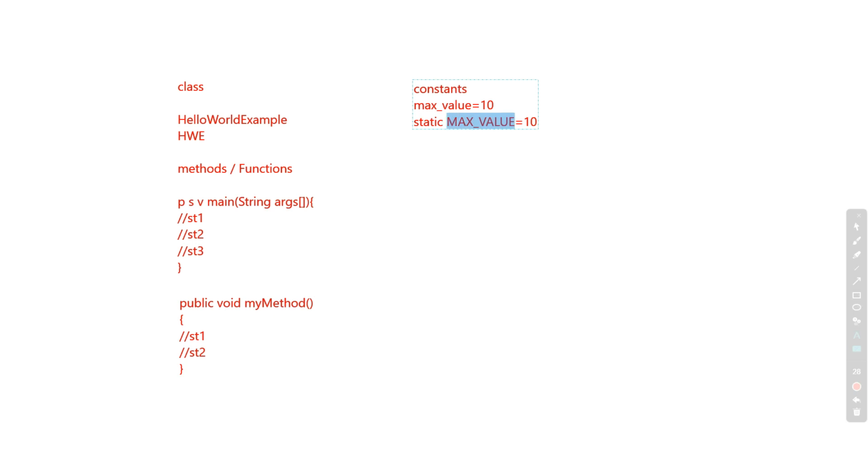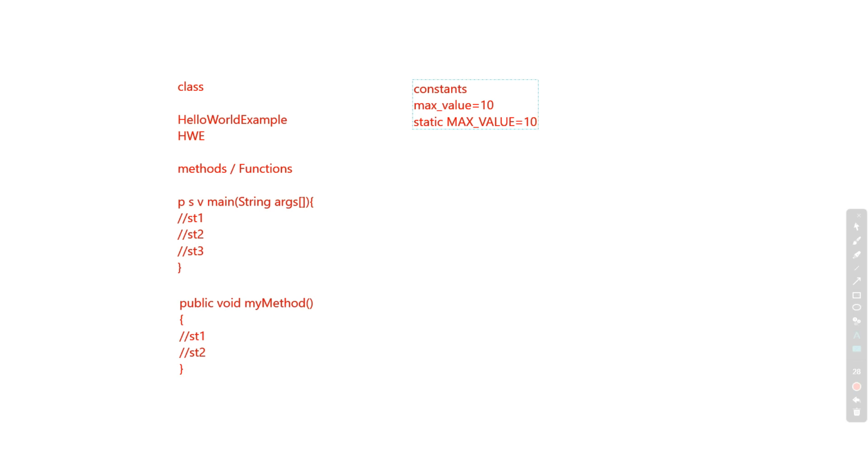And one more thing to remember in a constant: when you join two words, better to split them with an underscore. Don't write it run together. Keep an underscore between each word, so MAX underscore VALUE. This is the way to convey that this is a constant.